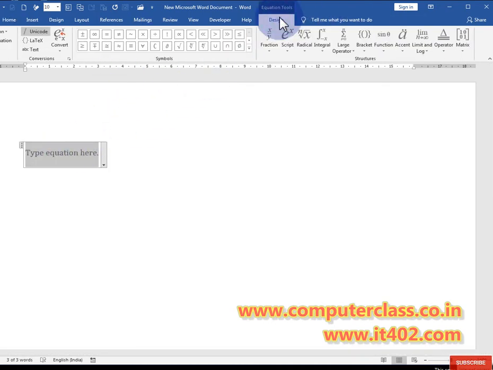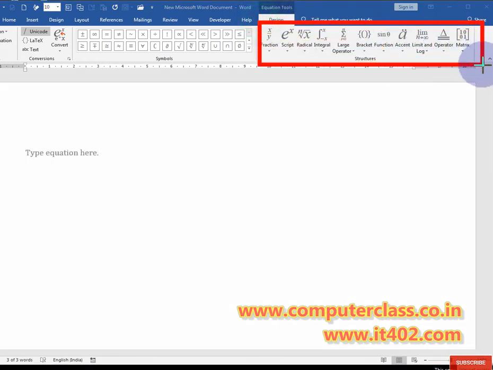Now how it will work: if you click inside the equation, you will see this important area, and the name of this group is Structure. Any types of structure you can design with the help of these options.